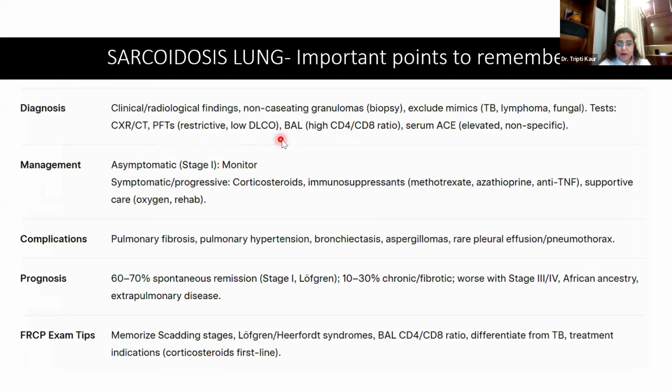So, very important to remember, another point is that bowel fluid has a high CD4 to CD8 ratio, and the serum ACE levels are elevated. So whenever you write in your comments, please write that correlate with the bowel fluid cytology. First of all, lymphocytosis will help you come to a point that, okay, fine, it could be sarcoidosis. In that lymphocyte count also, if you do a flow, CD4 to CD8 ratio is high. So you can actually pinpoint to a diagnosis, especially in sarcoidosis, that it could be sarcoidosis.